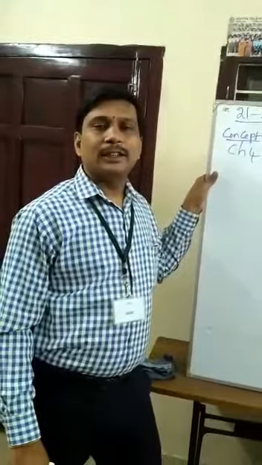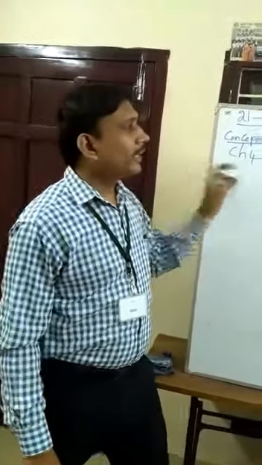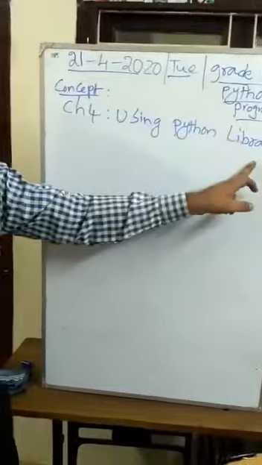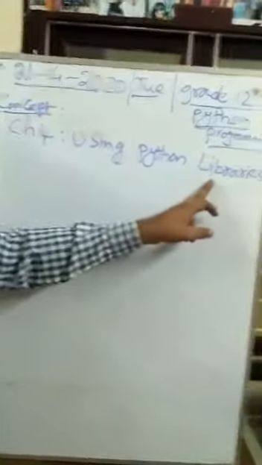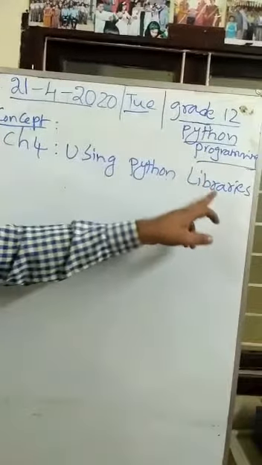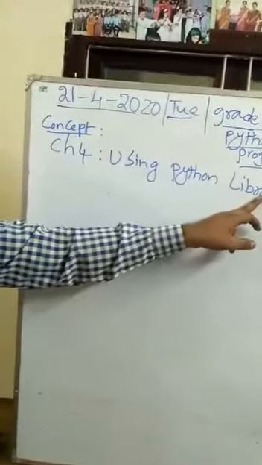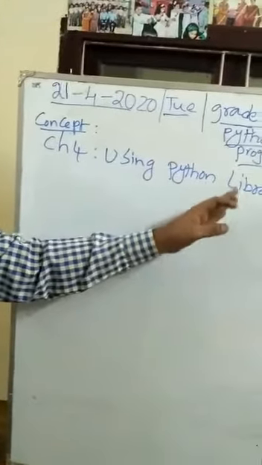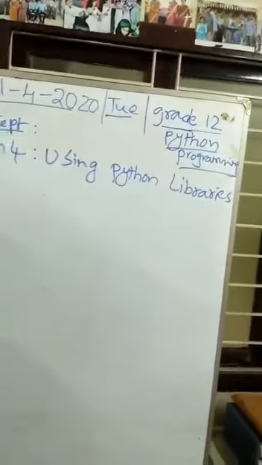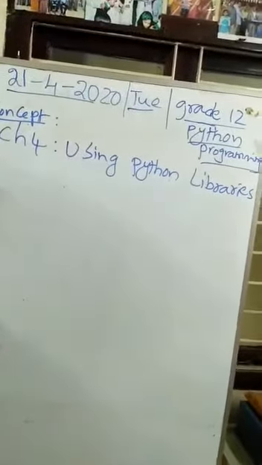Let us start the computer science syllabus of grade 12 Python programming. Today we discuss the concept of using Python libraries. In this concept we start with what is meant by libraries, how to implement libraries, how to create libraries, and what are the basic fundamental libraries that are incorporated in Python programming. So before discussing the concept, first all the students, open the Python